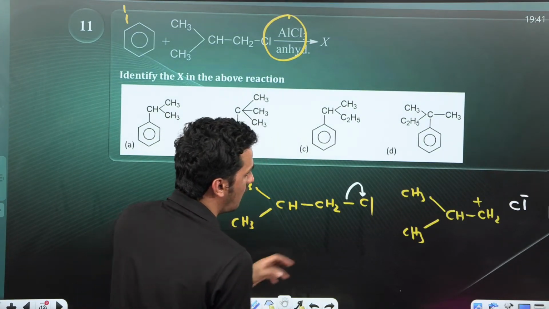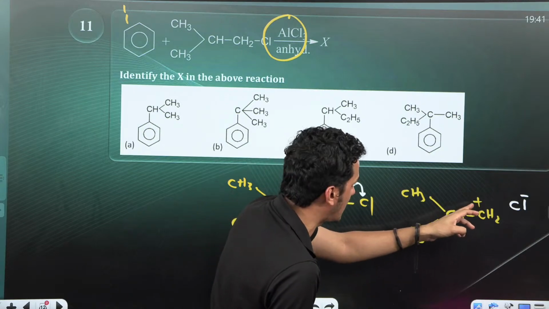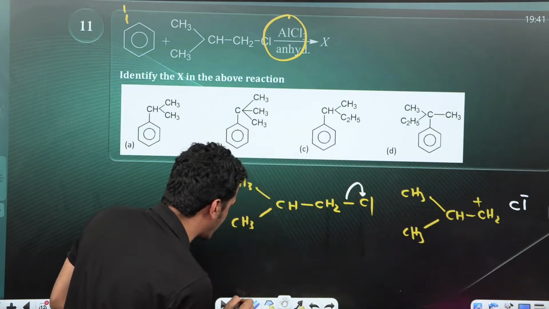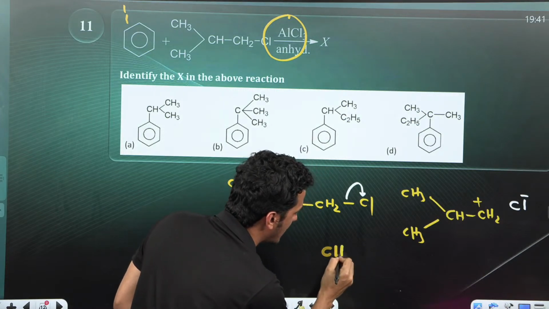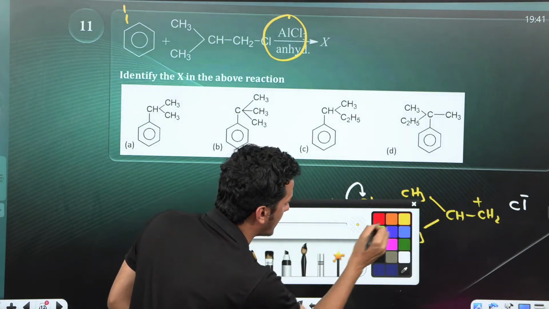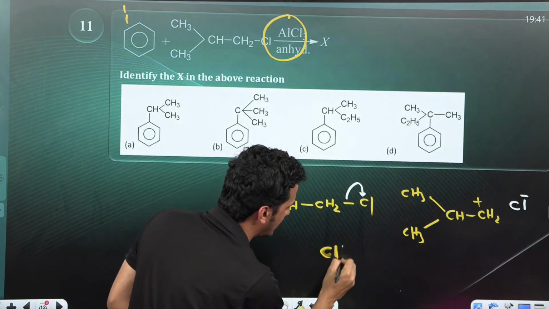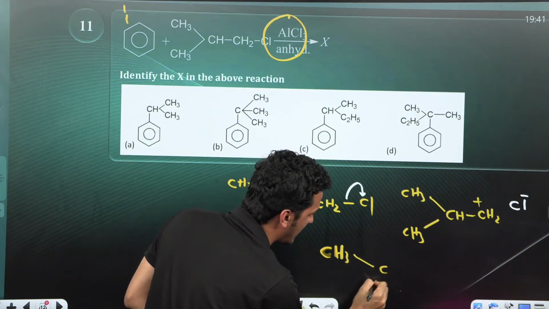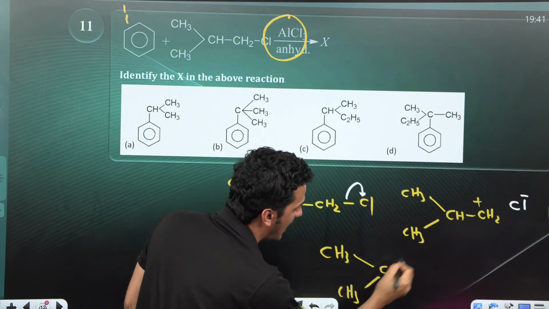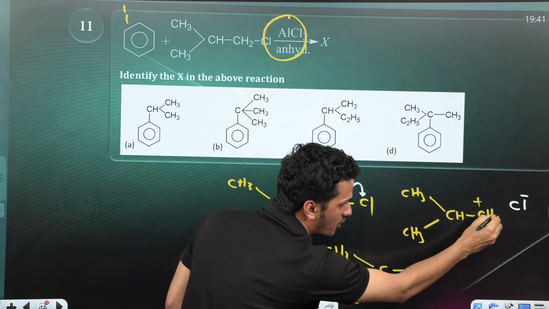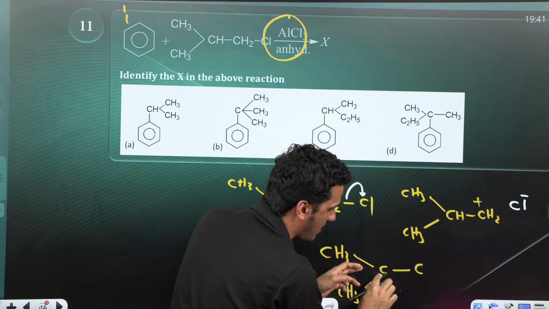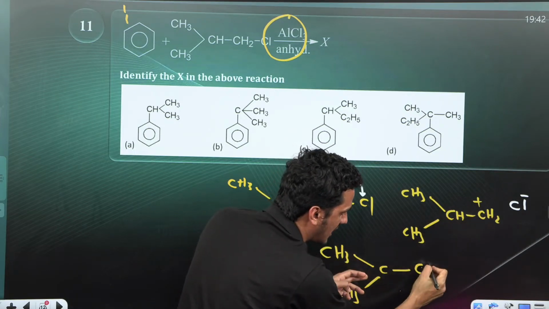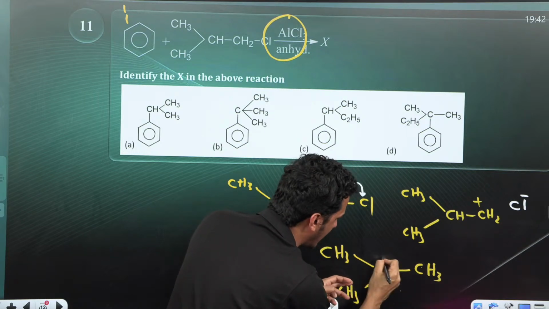Okay, so what is happening here? This plus I am going to take to here. So that will become, you can see I will draw it here. You can see CH3. Listen to me carefully, guys. CH3, CH3, and here this H will go there, and this C is the only one remaining there. That H will go and attach to that CH2, which becomes CH3, and plus